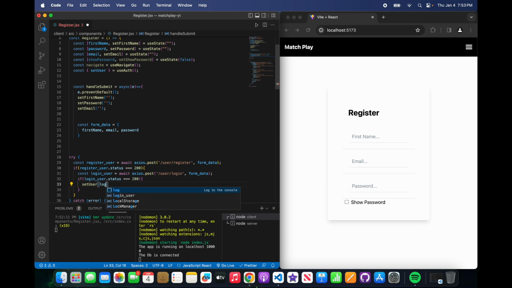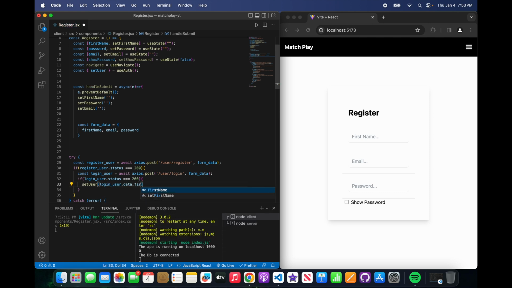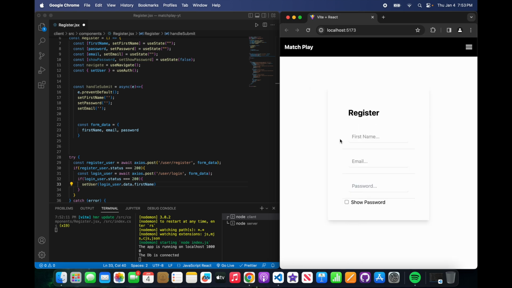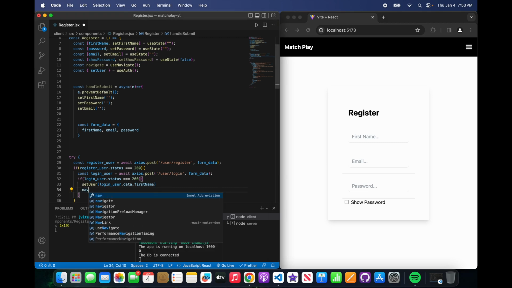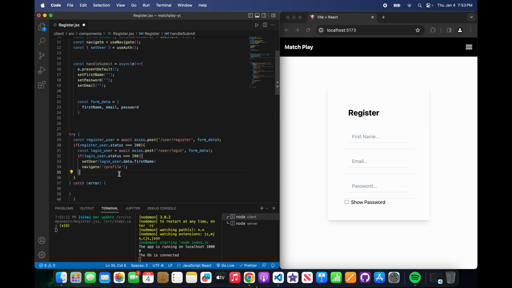Then we want to set user to login user.data.first name. So that's what our user is going to be, the first name that we give it here. Meaning whenever we come here, rather than say menu, it's going to say hi and whatever the first name is here. So user.data.first name. And we're going to navigate to /profile. Cool. Or we can say else